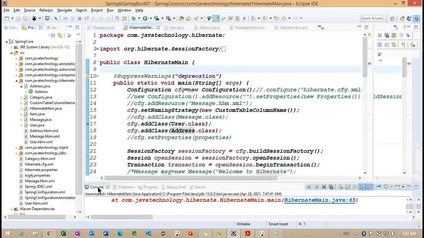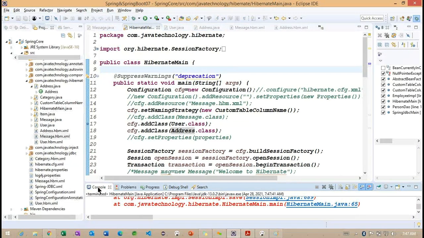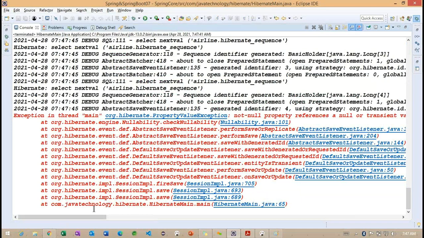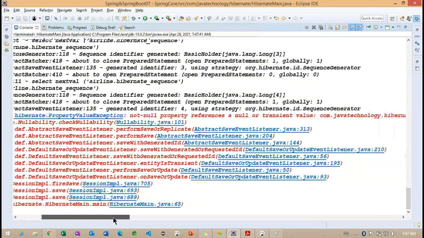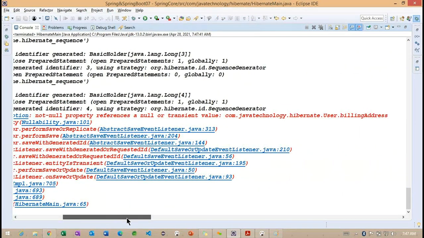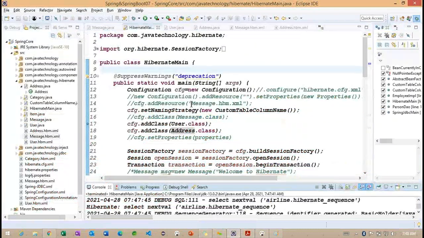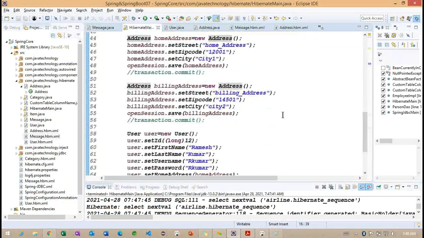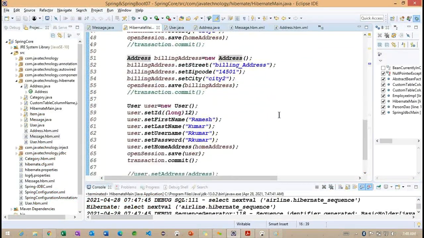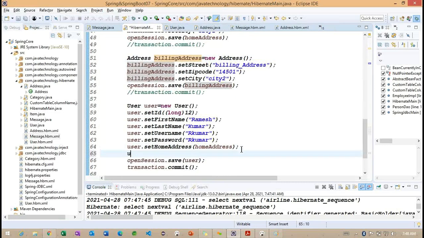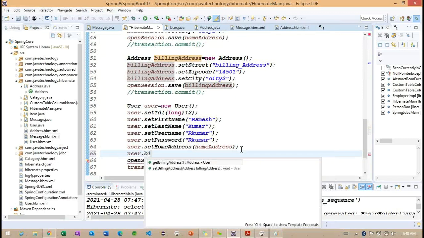Try to run the same example. So what happened? Again we are getting an exception. So something not property. Billing address we did not add it. Okay.